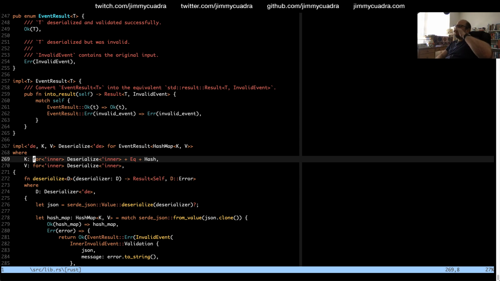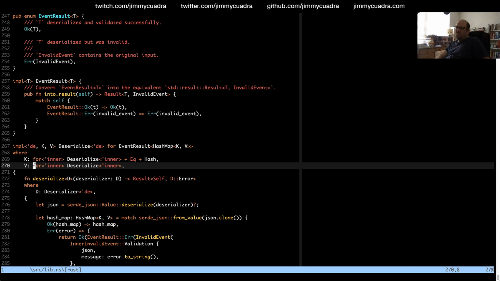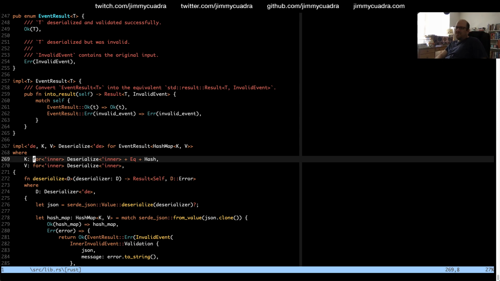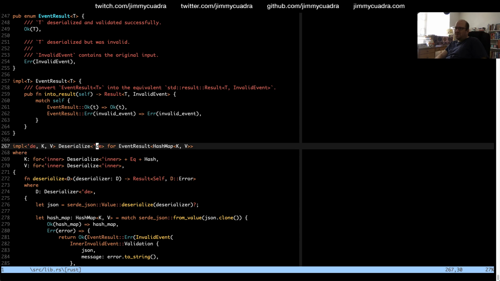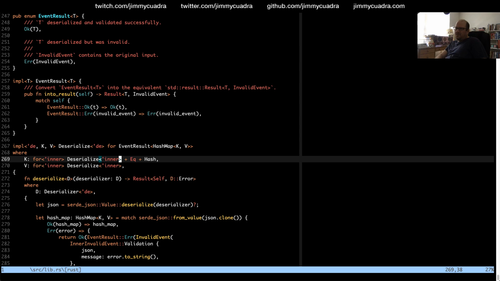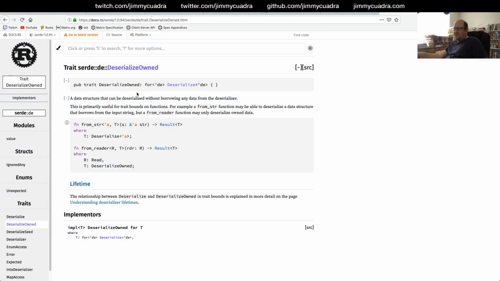I know it has something to do with generic associated types, or associated type constructors. It's kind of like a half measure that allows you, in some cases, to talk about lifetimes that are used for associated types that are not used by the implementing type. I've read the description several times, and it just hasn't totally clicked for me. So the clue here was just seeing that it was being used by this deserialize owned method.